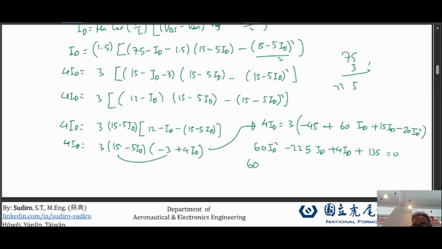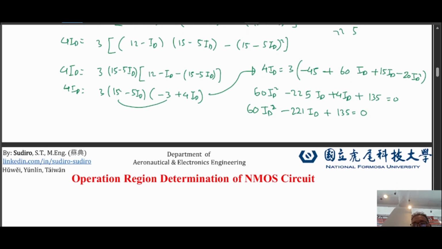We get 60 ID square minus 221 ID plus 135 is equal to 0,